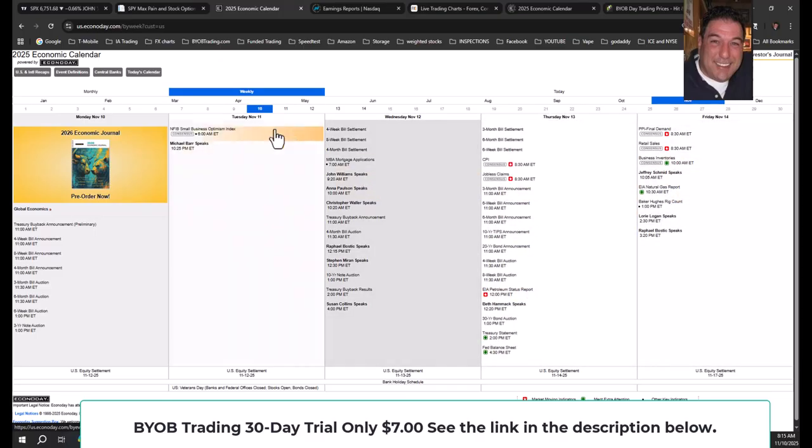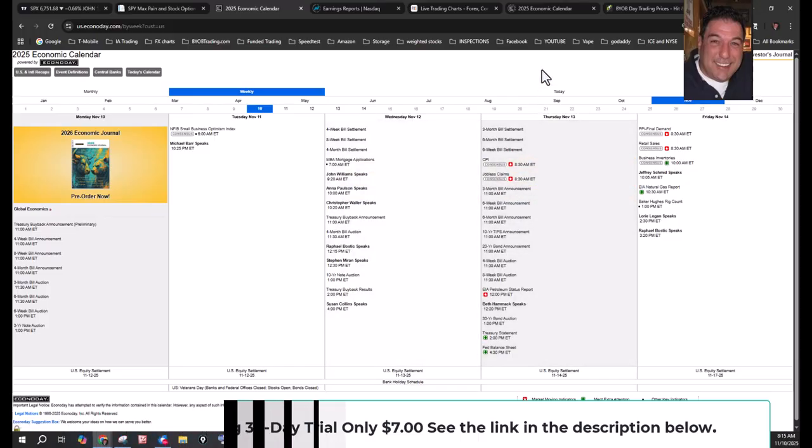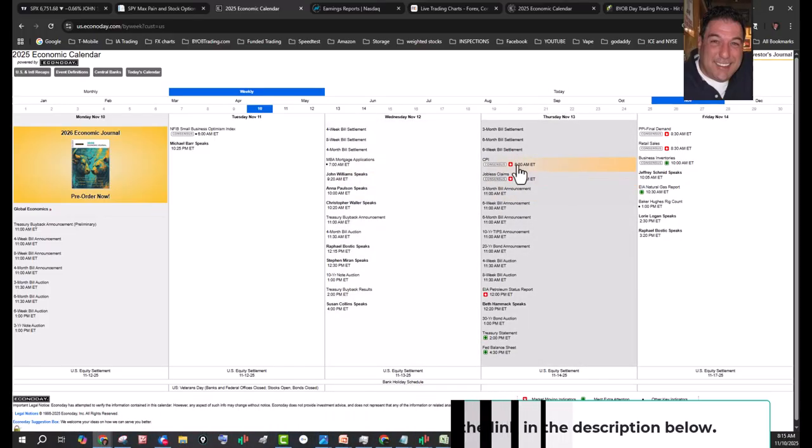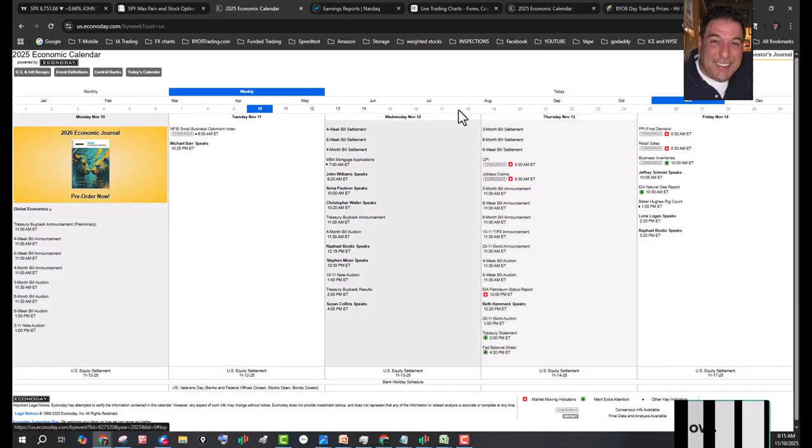I guess they got a holiday. That's right. There is a holiday tomorrow. The bond market's closed, but the stock market is open. All right, so the main event, CPI, tomorrow. All right, not tomorrow, Thursday, the 13th. CPI, 8:30. You'll want to be hedged for that one. And who knows when they're going to release a lot of that delayed data that was never released in the earlier weeks.